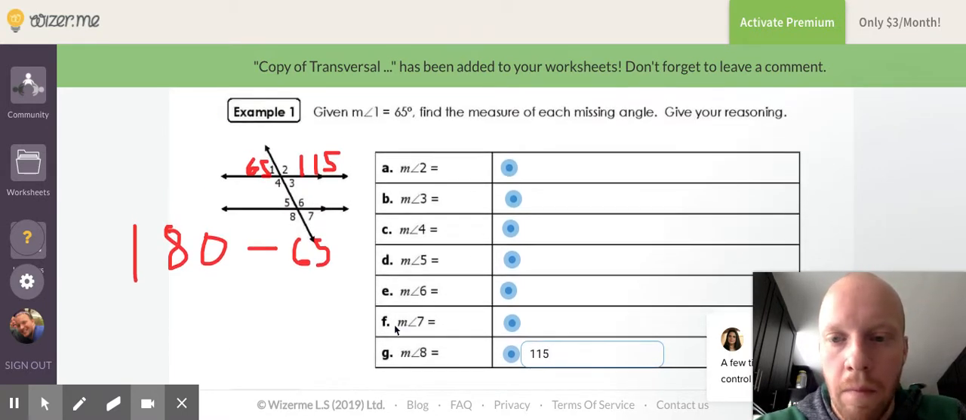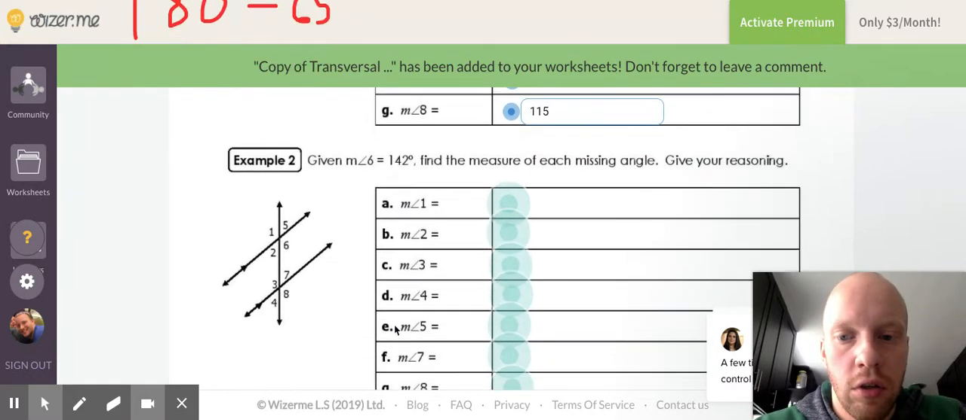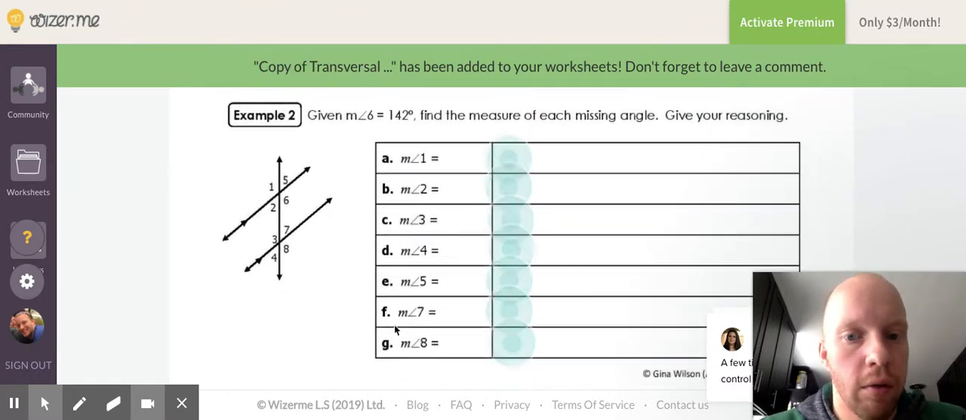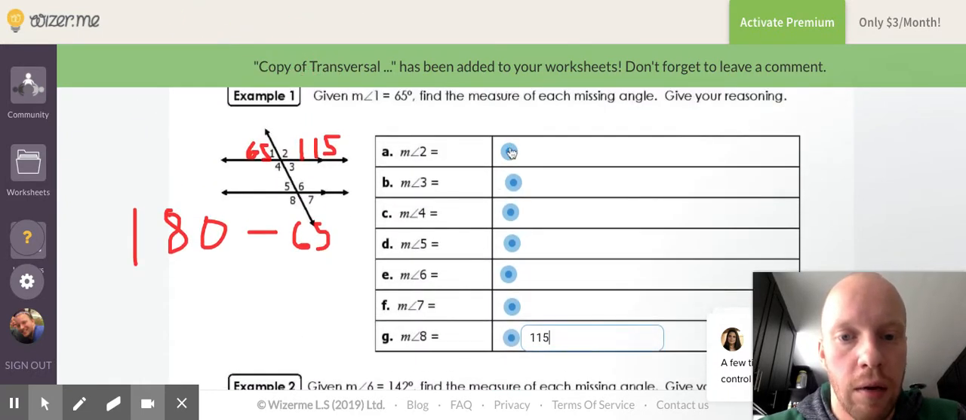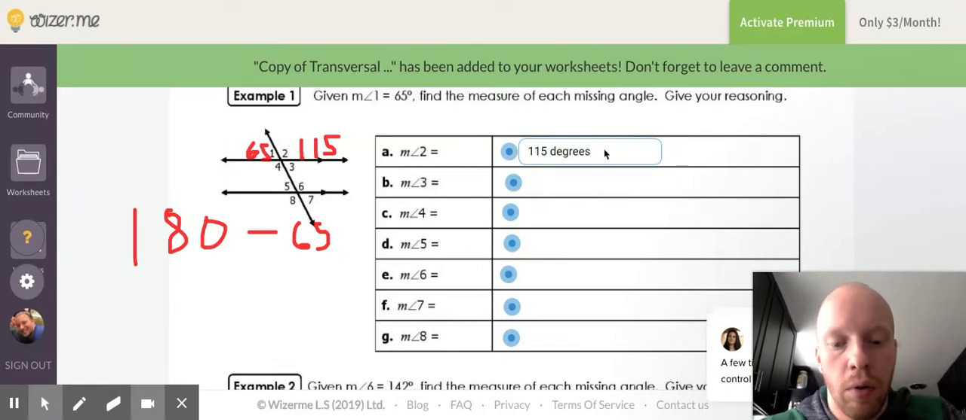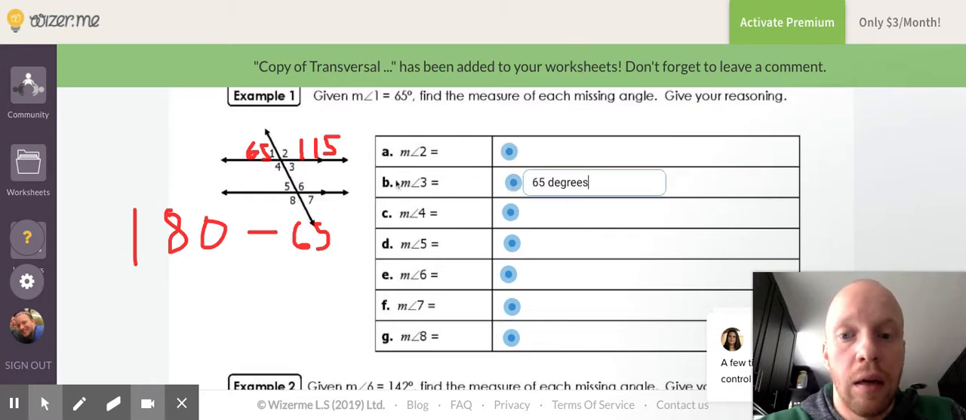And what I'm going to do is ask you to do example 2 on your own, following the same structure. All right. It does ask you to give your reasoning. Oh, I'm sorry. I forgot to do that here. That meant like for this one, I would write 115 degrees, right? And then I would put linear pair. My reasoning in angle 3 would be, well, it's a vertical angle